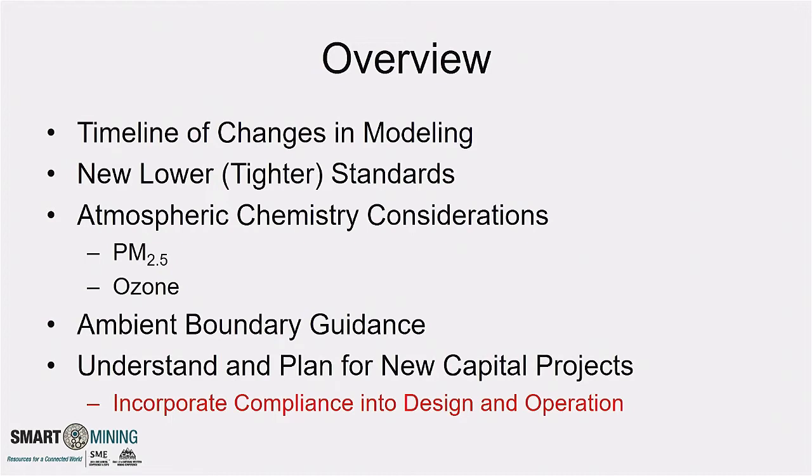Particularly for PM 2.5, which of course has an interest in mining operations because of the secondary formation of particulates from nitrogen oxides and sulfur oxides. We now have to account for that, at least in the major source permit applications. Many states can also require inclusion of these reactions as part of a minor source application as well, and they do. And then I'm going to talk a little bit about some recent guidance that has to do with ambient